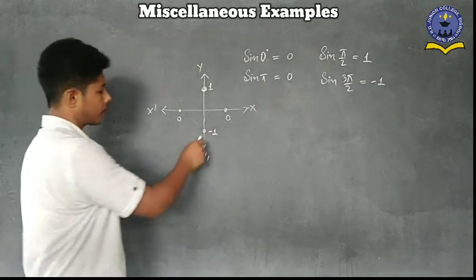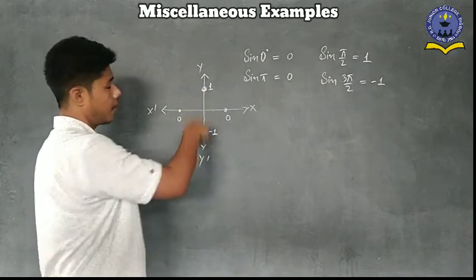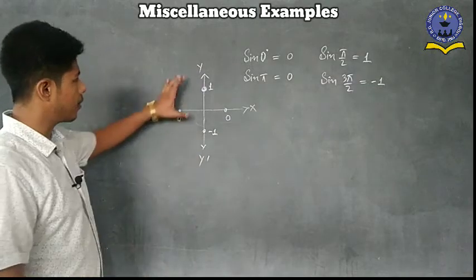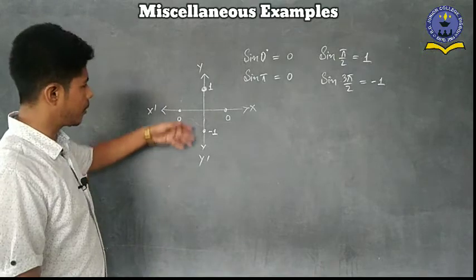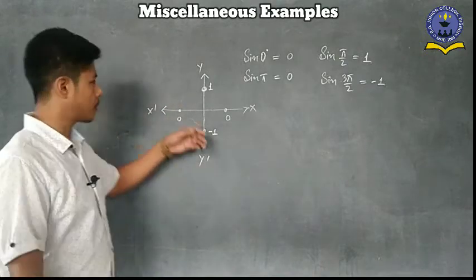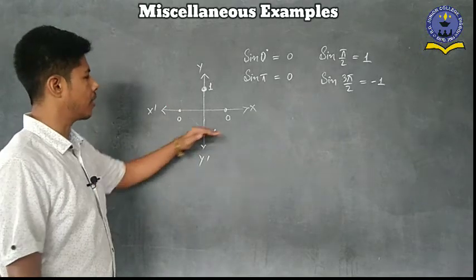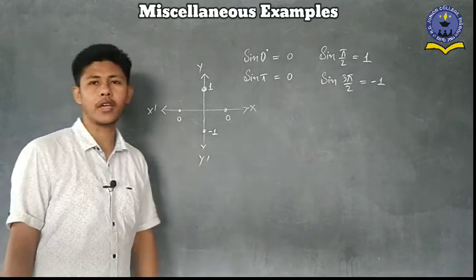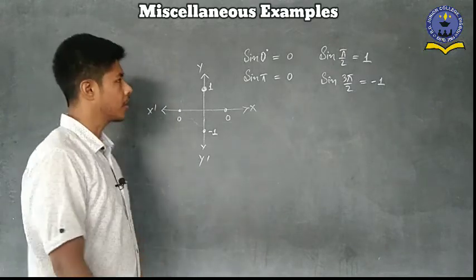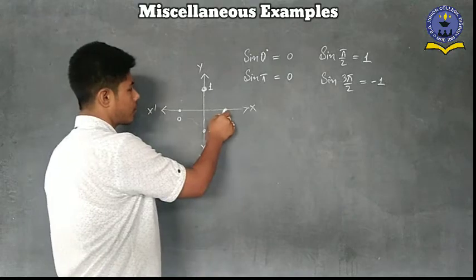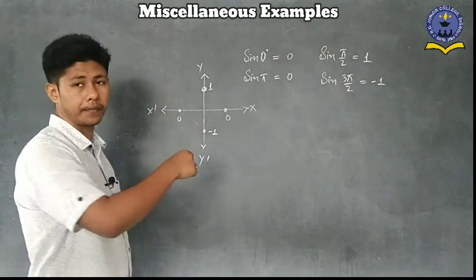So here we have 0, pi by 2, pi, 3 pi by 2. If you see from here, the sine value always lies on the y-axis, isn't it? We actually discussed this in the trigonometry part. So the sine value always lies on the y-axis. That means if any angle lies on the x-axis, then without doing anything we can directly write that the value of sine is 0. Is it clear? So here it is 0, and here it is 0. Is it clear?